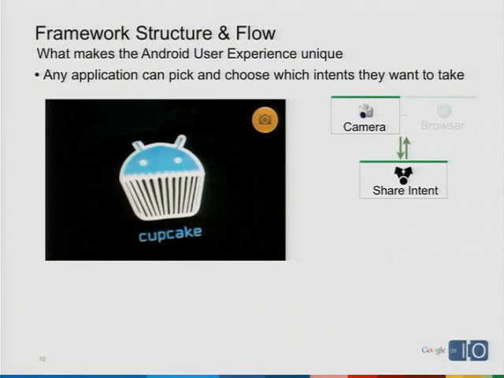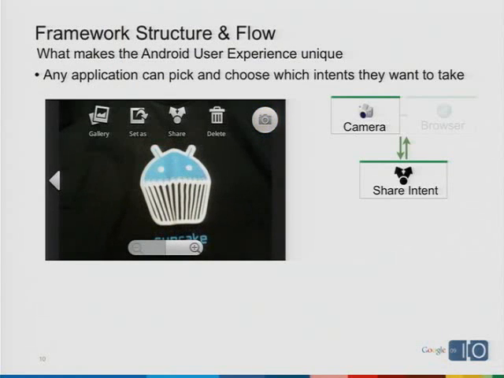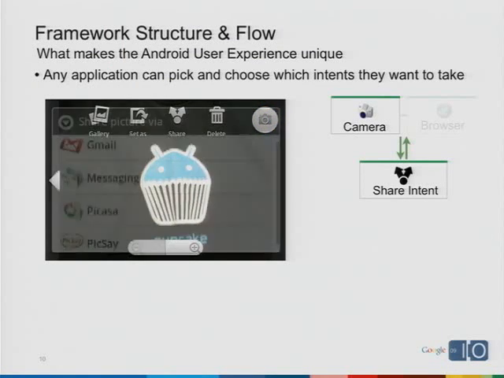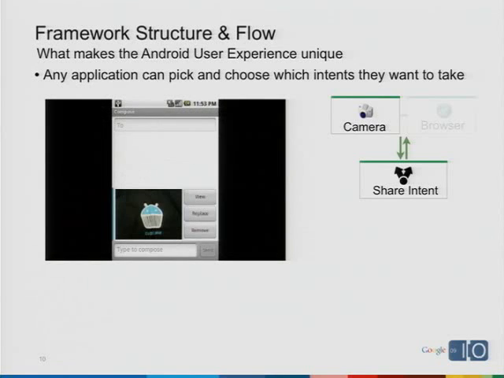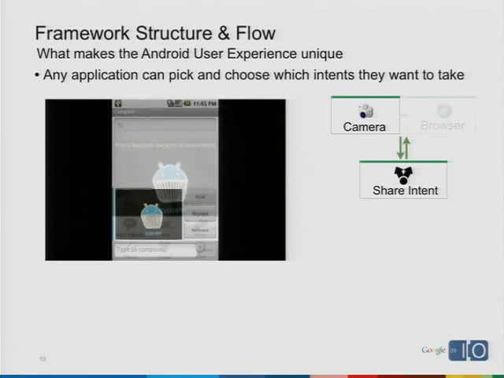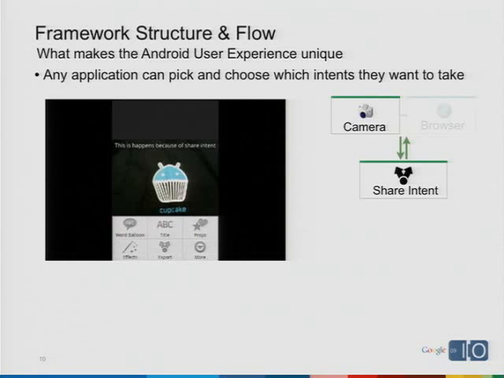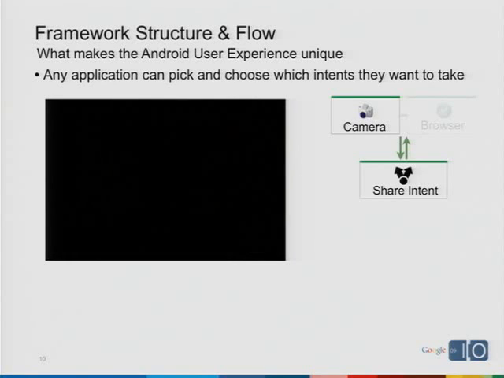Basically, I'm in the camera, and I take a picture. Afterwards, I decide, using the thumbnail viewer, that I want to share it. Once I hit the share button from our on-screen action menu, I have a choice of menu options with that share intent dialog. We ship with some predefined default intents for the user, but you can, as a third party, and this is what I think you guys will be interested in, any third party can hook into that share intent. So, while I could have sent that picture through the messaging app,